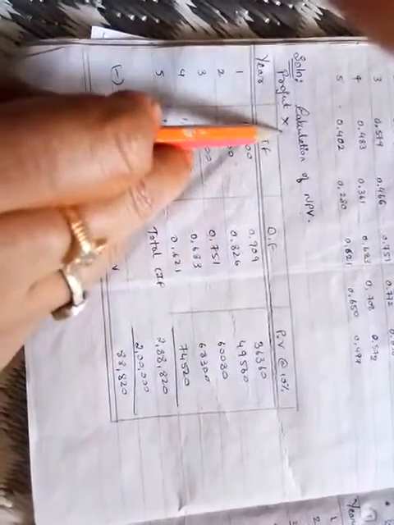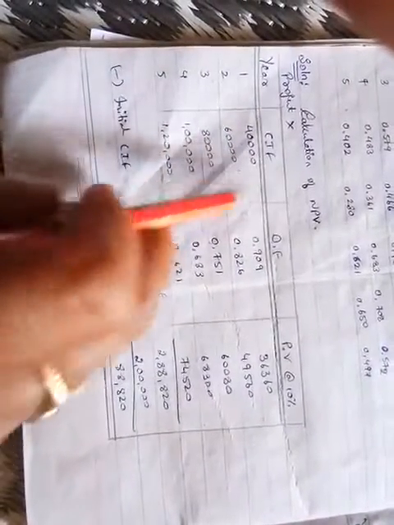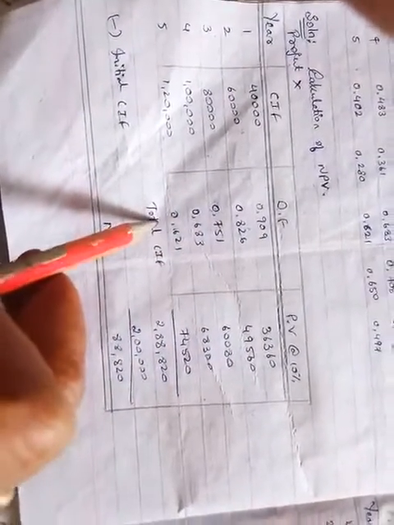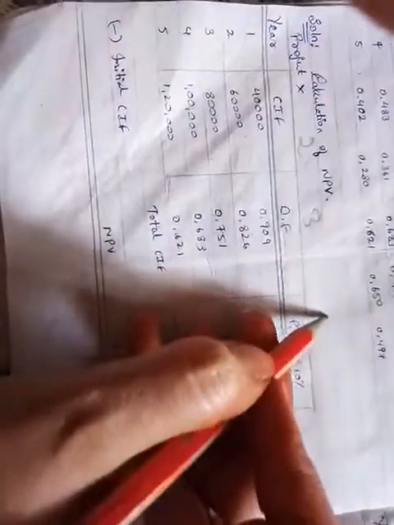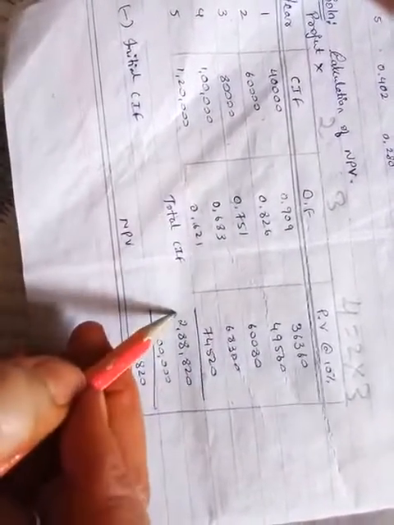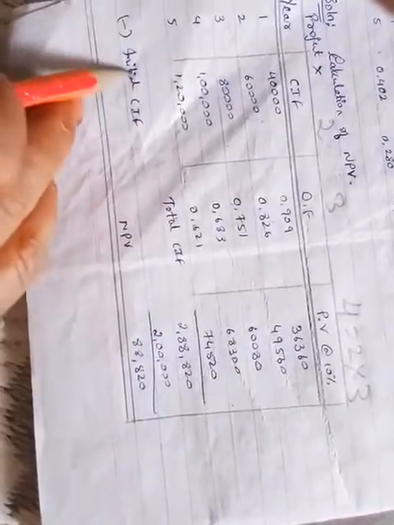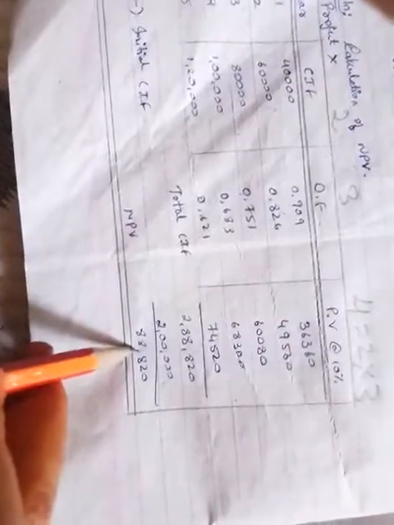We have shown it as calculation of NPV, project X. In the first column, I have taken the number of years, and cash inflow of project X I have taken as given in the problem, and discount factors in the third column at 10% I have taken here. Now in order to construct the fourth column, I need to multiply the second column with the third column, that is 4 equals 2 into 3. So you will be getting these present values. If you sum up all these present values, you will be getting total cash inflows. So if you deduct the initial investment of project X, that is 2 lakh rupees, out of this total, you will be getting 88,820 rupees. This is NPV at 10% discount factors.